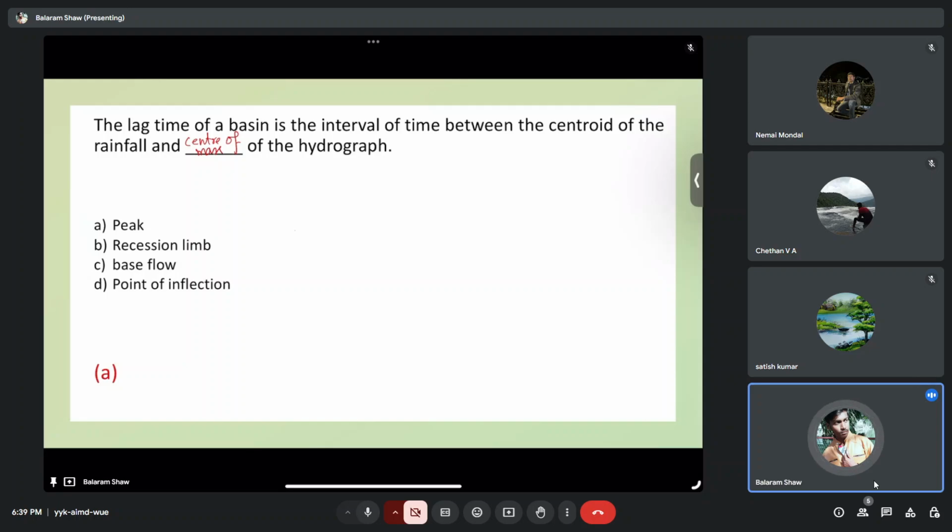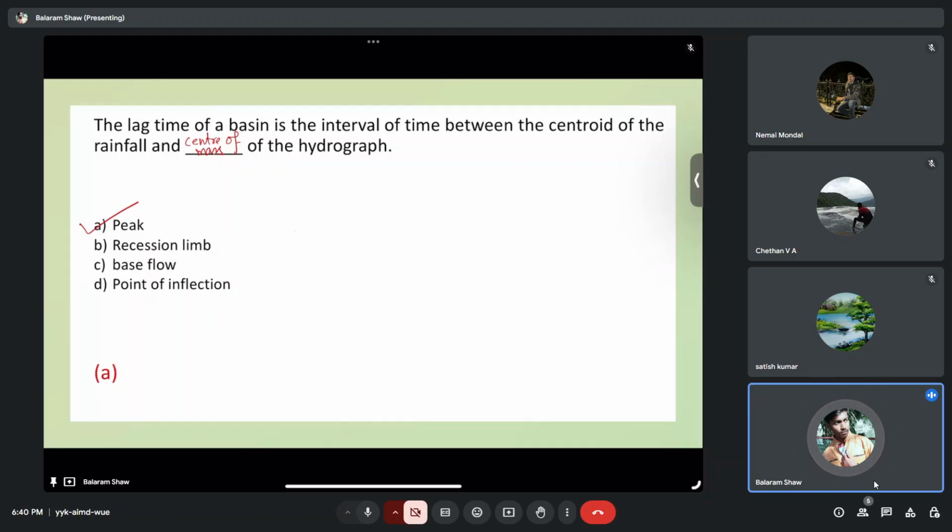Okay, so in this option, if you say peak, recession limb, base flow, and point of inflection, in that case, peak is the correct answer. But in the general case, it will be the center of the rainfall to the center of the mass of the hydrograph. So the correct answer for this will be A, but in the general case, it will be the center of mass. Okay, so the next question is over a period of